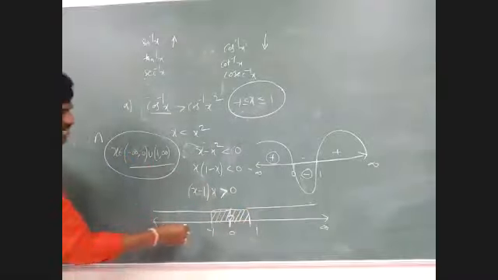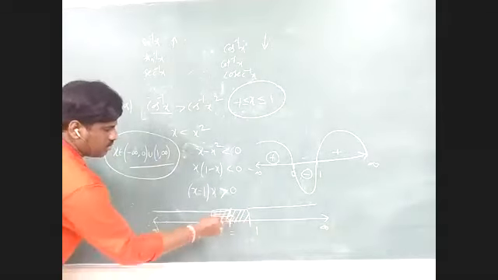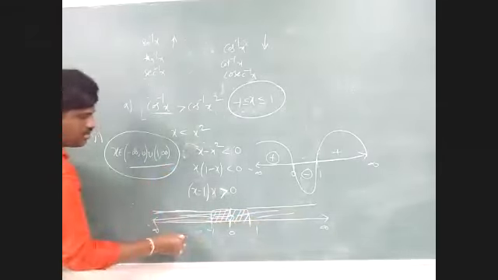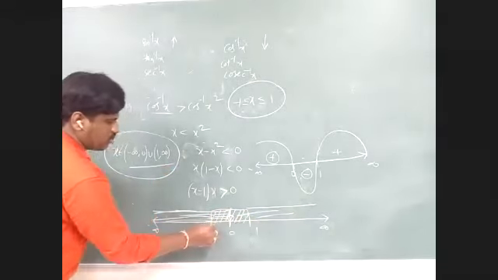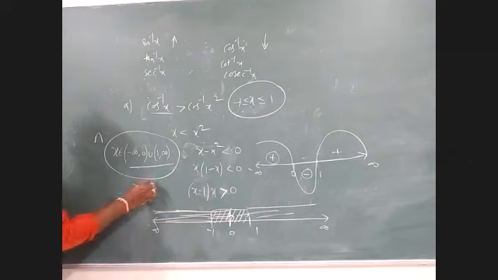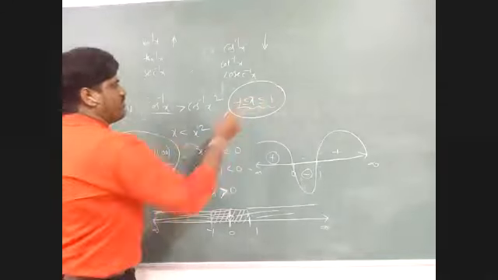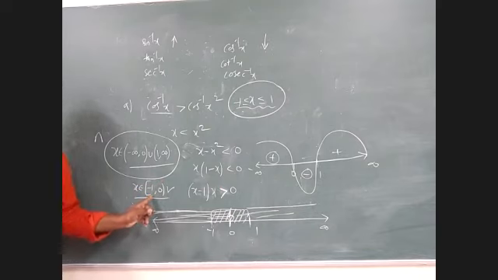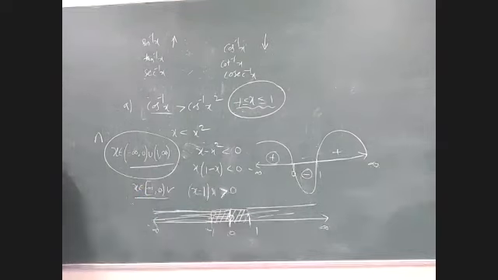So what will be the answer from here? You can see both are intersecting. Suppose if I draw like this, both intersecting points will be this. So what is the answer? X belongs to minus 1 comma 0. This is the correct answer, because we have to consider the domain of that function also. So answer will be x belongs to minus 1 comma 0. Did you understand?